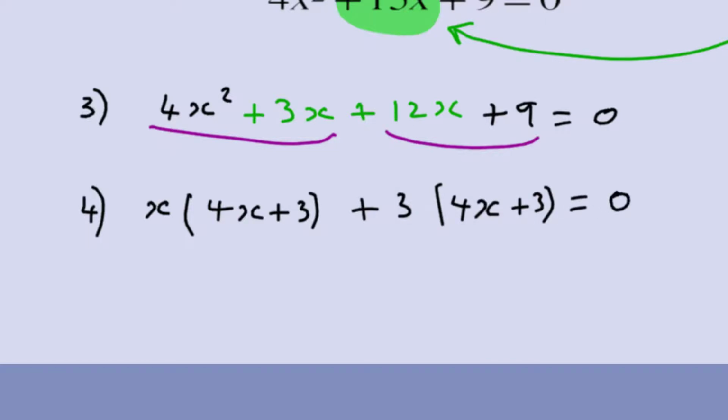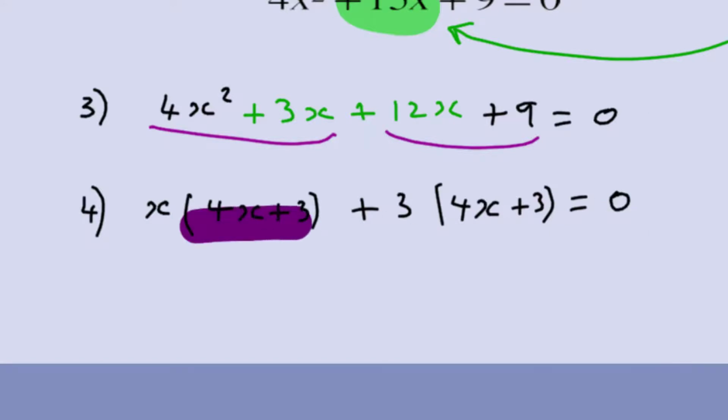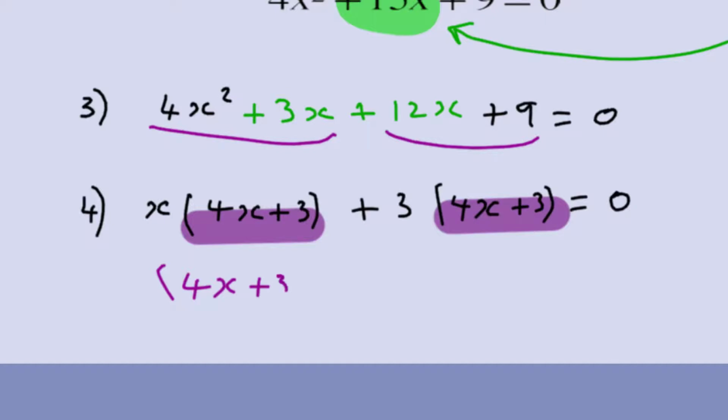Excellent. Now it's not fully factorized yet, but we notice that we have two identical factors, 4x plus 3. That means we can factorize further by taking the 4x plus 3 as a common factor for those resulting two terms in the previous step. So you're going to have 4x plus 3, because it's times x, so it's going to be 4x plus 3 times x,